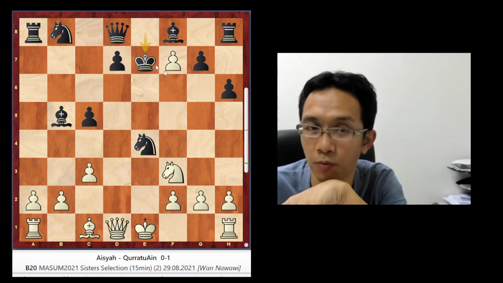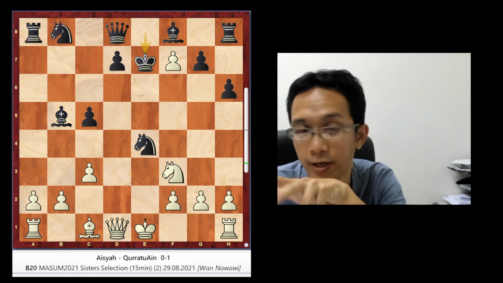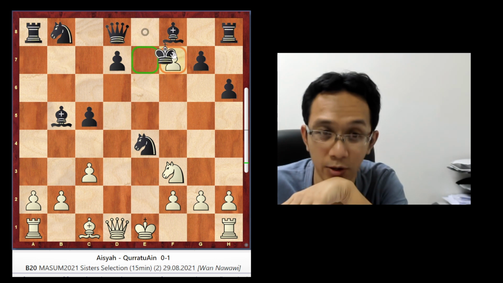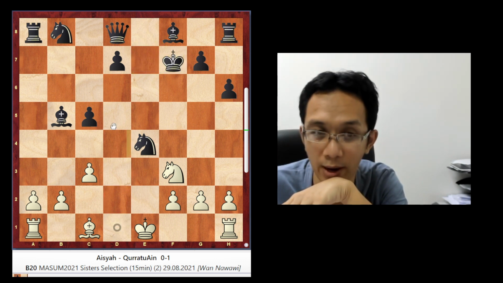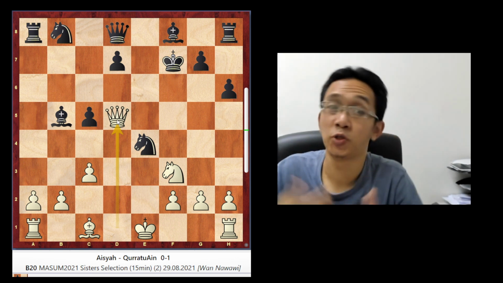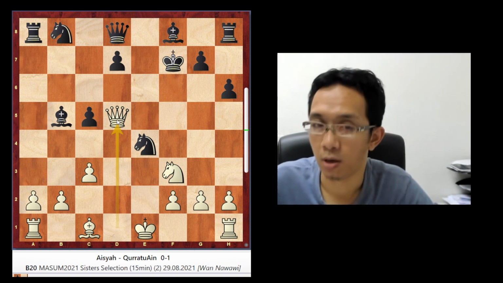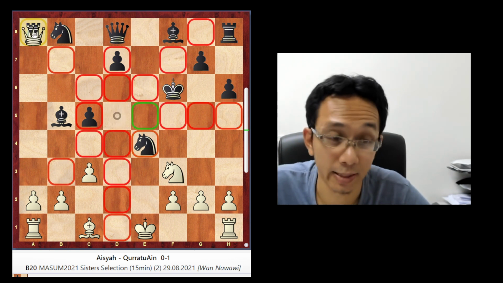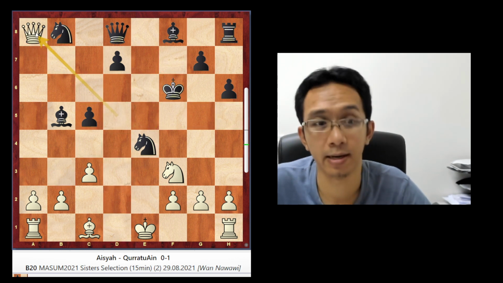The best move is to play this. Be very careful about this check, whether you take or not, because if you take, white can play this and gain the perpetual, meaning that it is a draw. Of course, white goes this. White will not play this. As I said before, if white plays this, then he loses.